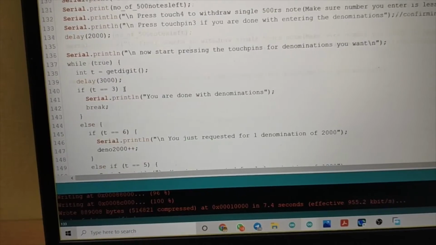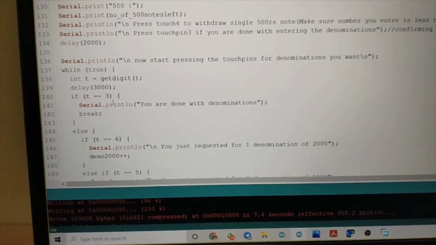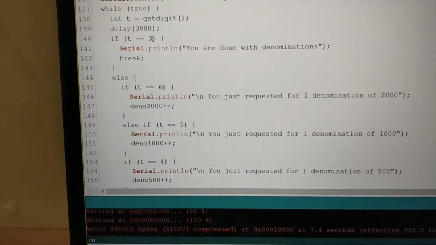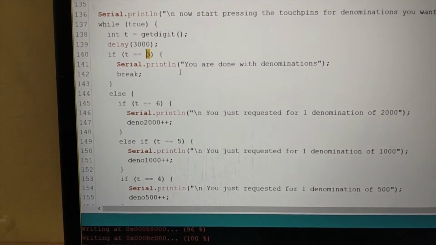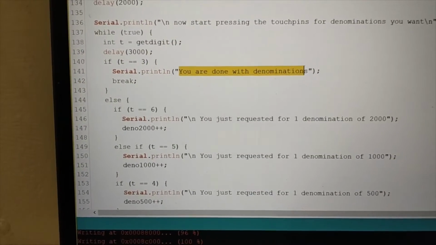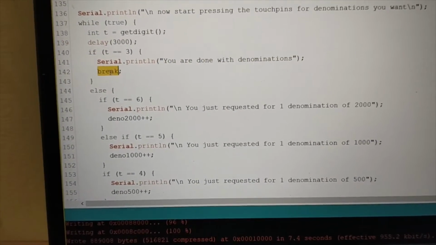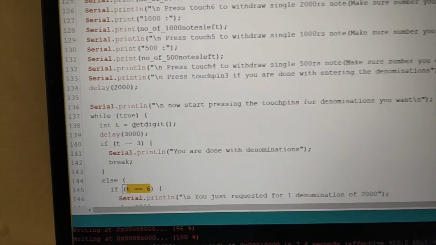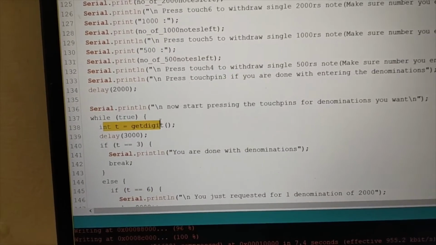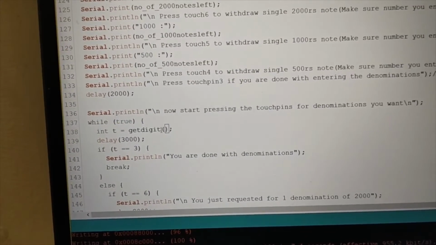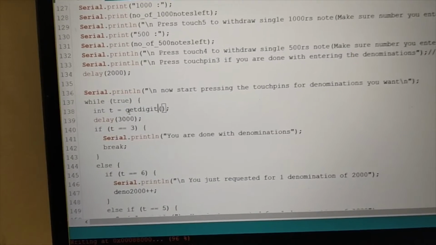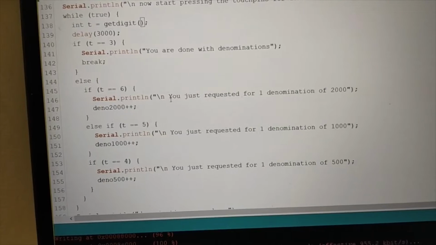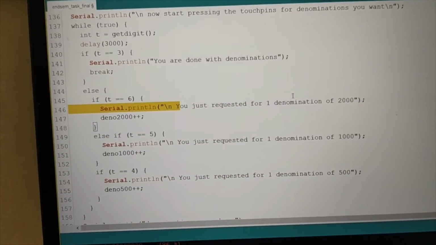Now in this loop we will get the denominations from the user. If touch pin 3 is pressed, it means you're done with denominations, and this will break the loop. Else if t is equal to 6, what is t? t is the get digit, meaning which touch sensor has been touched, that we will get to know by t. So if t equals 6, then the message will be you just requested one denomination